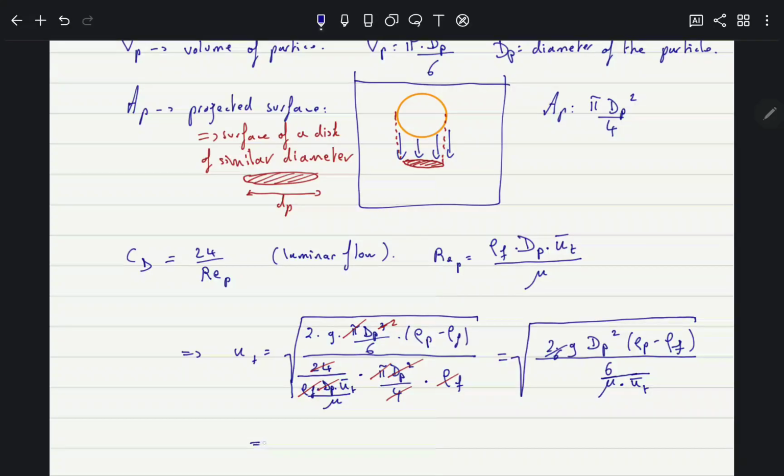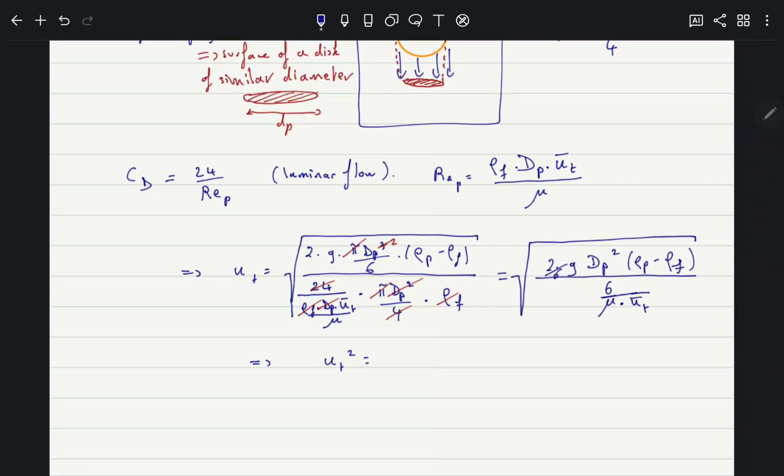It will be probably easier for the moment. So we're going to have ut square equals to, so we drop the square root. We have 2 over 6 over 6, so that's going to be 2 over 36. So 1 over 18 basically. We have g here, dp square, rho p minus rho f, and